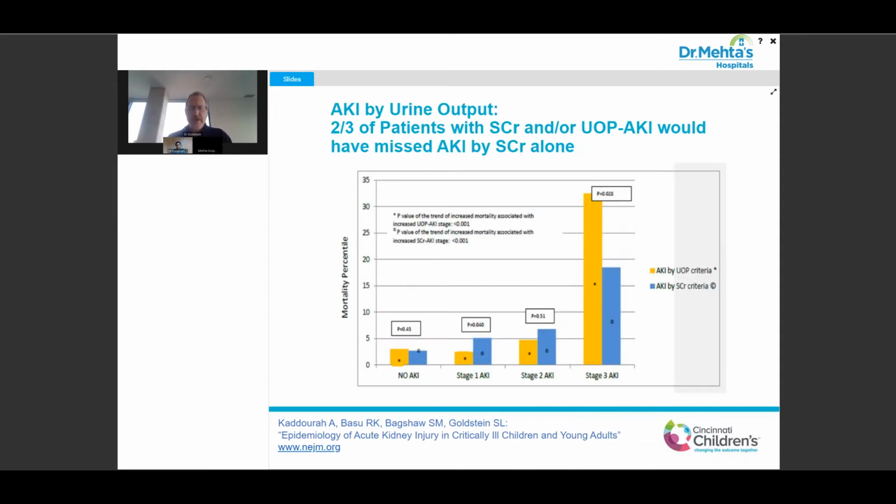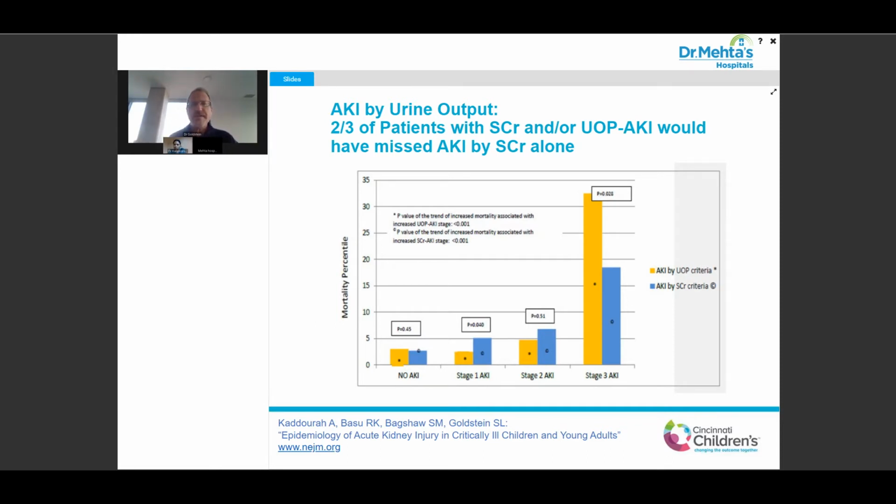What is also incredibly important is that most AKI studies look at patients basing the AKI on change in creatinine and neglect to look at urine output. And it's understandable. Creatinine is a discrete variable. It's easy to obtain from the electronic health record. Urine output is often not accurately assessed, and it's more difficult to extract those data electronically.